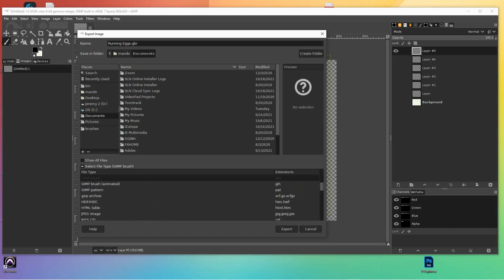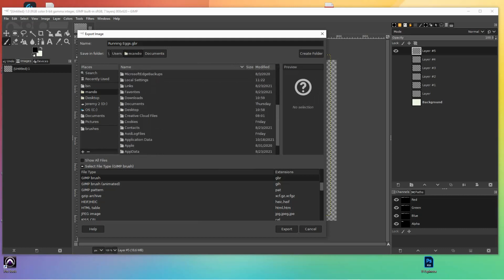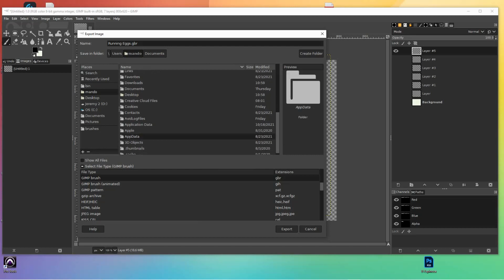And here's how you find the brush window, or the brush folder. You click on the name of your computer, so you go to C if you need to. Click on Users. Find what you named your computer. Mine's called Mando, so I'm going to click that. The next folder you're looking for is one called App Data, right here. If App Data doesn't show up, for example, let's say it's gone, here's how you turn it on. You just click Control plus H, and that'll reveal your hidden folders. Control plus H, click App Data,